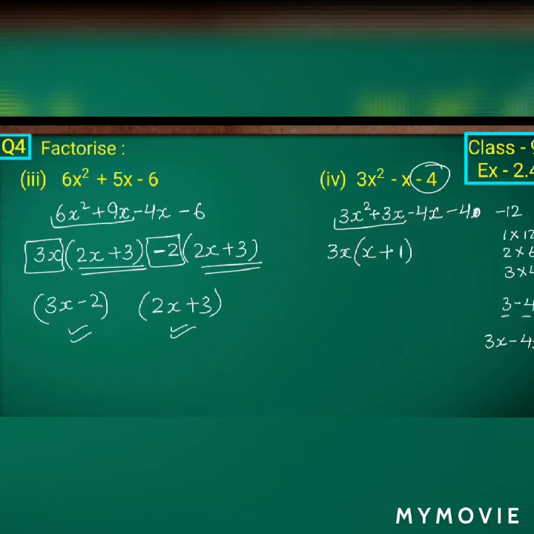So in minus 4x minus 4, I must take minus 4 to get x plus 1 as a common factor. So if I am taking minus 4, what else will remain here? x plus 1. Now we got the common factor, right? So minus 4 into minus 1, which is giving plus, isn't it? x plus 1. So 3x minus 4 into x plus 1 are the factors.